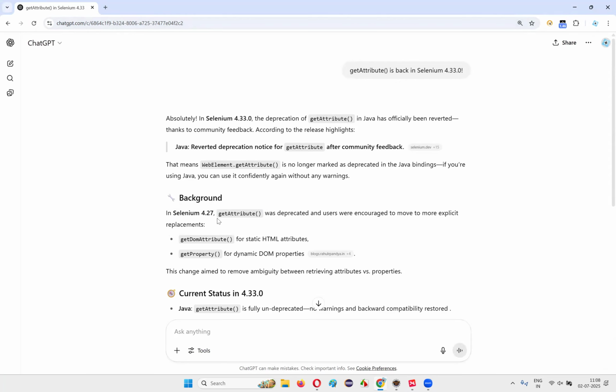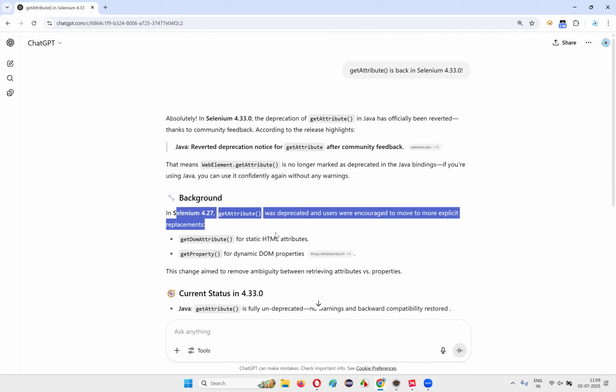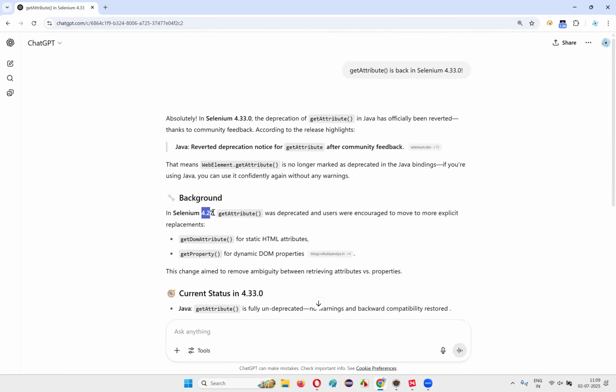Why did it get deprecated? The users were encouraged to move to more explicit requirements. Instead of using getAttribute, the getDomAttribute and getProperty commands were introduced in the library. Now what happened? Now it is back. So first let's see whether it really got deprecated in this 4.27 version of the Selenium WebDriver library. After that I'll explain how in this version it came back,